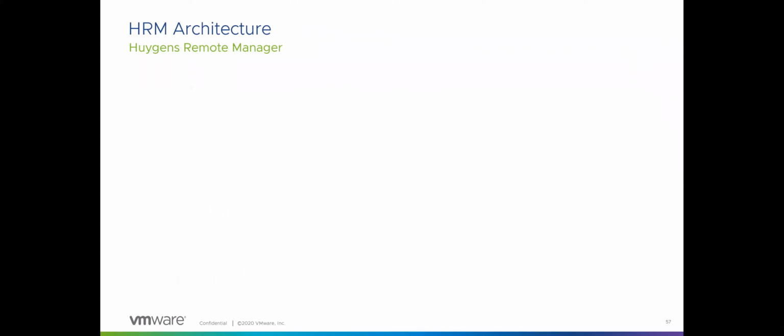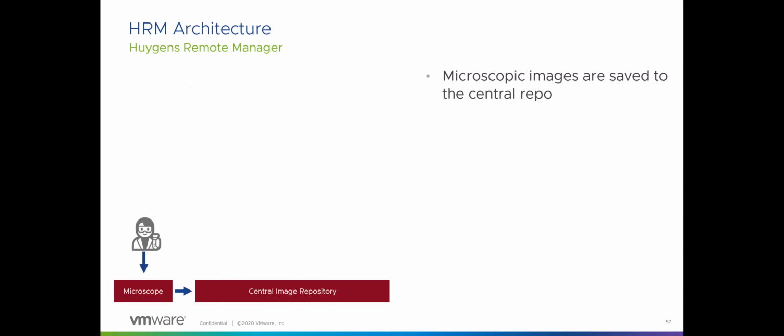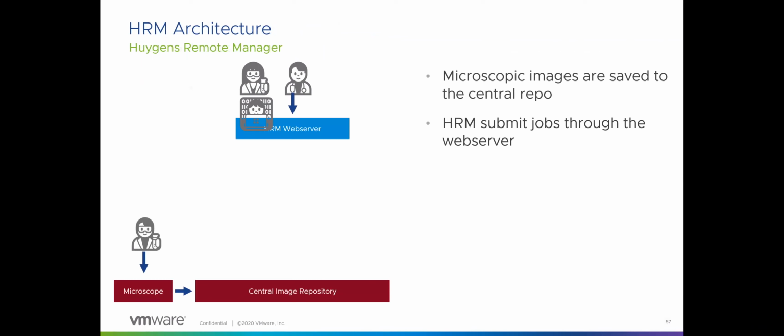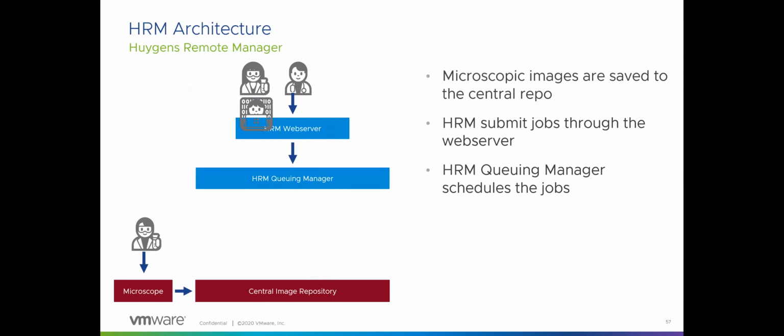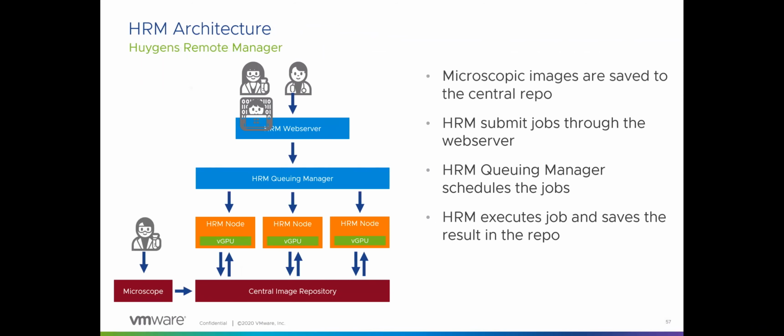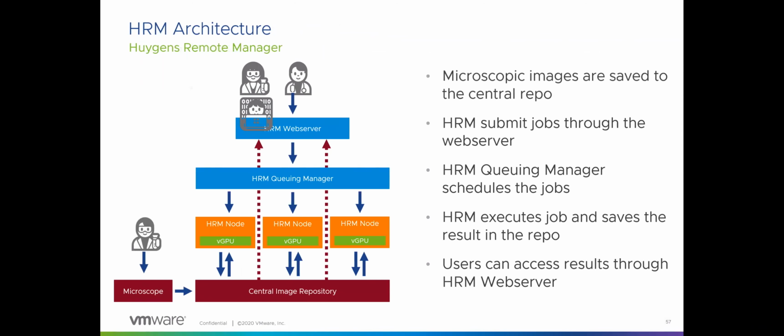Right, so if you look at the architecture, we have a microscope with an engineer that runs the microscope. We have people working with the HRM web server. And we have a queuing manager between the web server and what we call the HRM nodes. So these are the workers with the GPU attached. If a job is processed, the result is presented back to the HRM web server, and users can